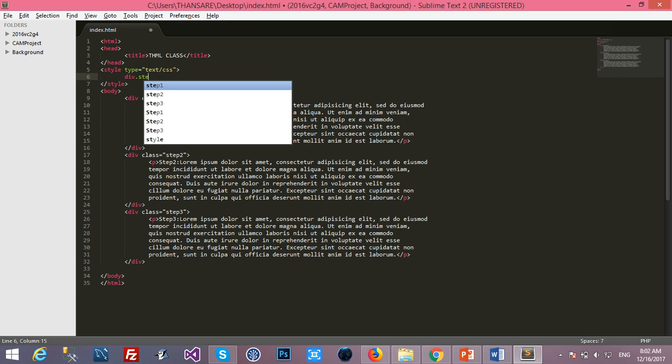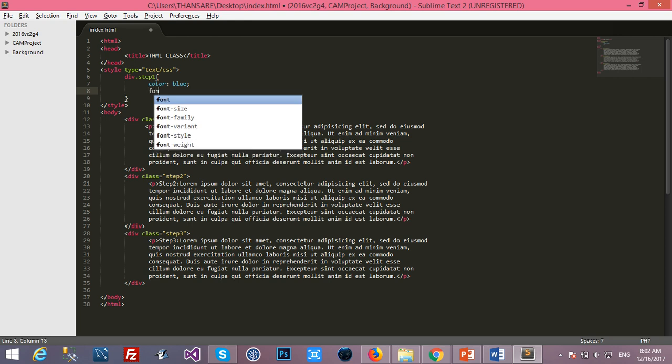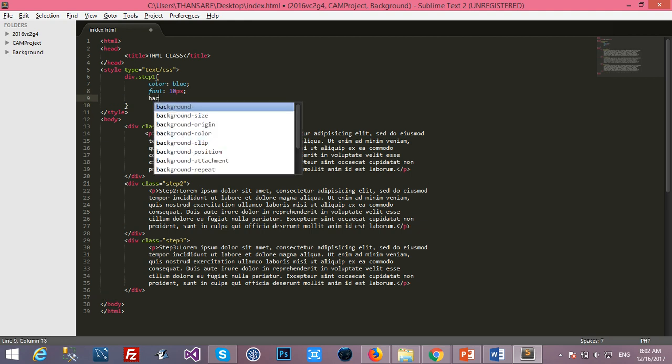So this div dot step 1 means it provides attributes to the paragraph in block step 1, right? So div dot step 1 will provide all attributes, a color, font, and background color, to the text in the block step 1. But the block step 2 and block step 3, it doesn't provide yet, right? So if you want to provide it to step 2 and step 3, you just put here new,